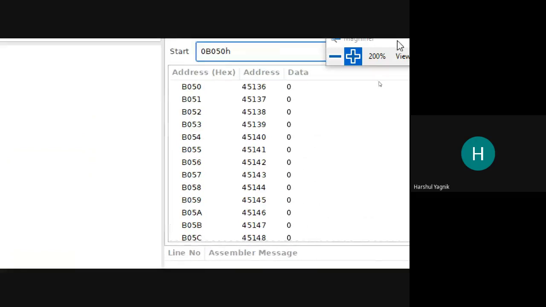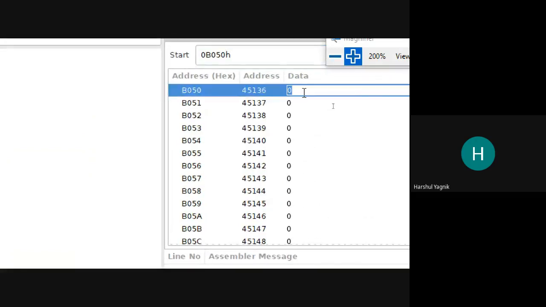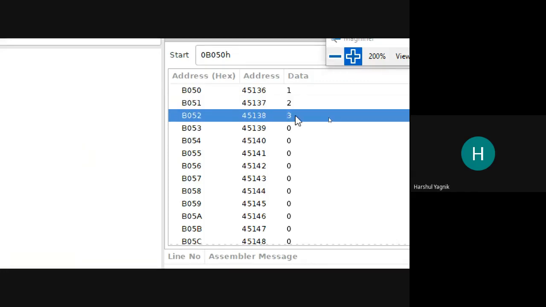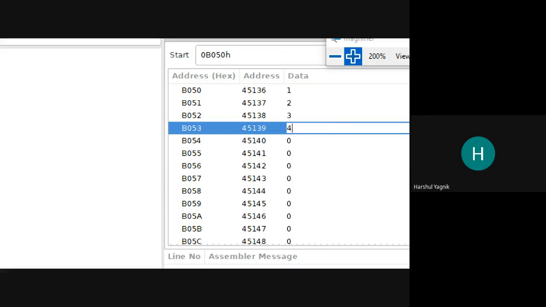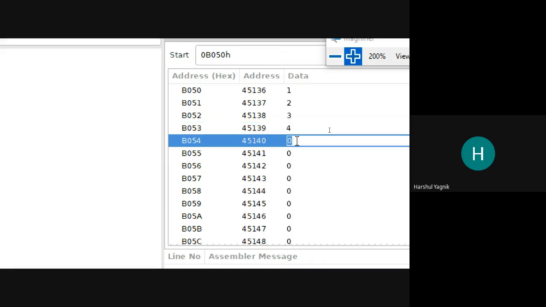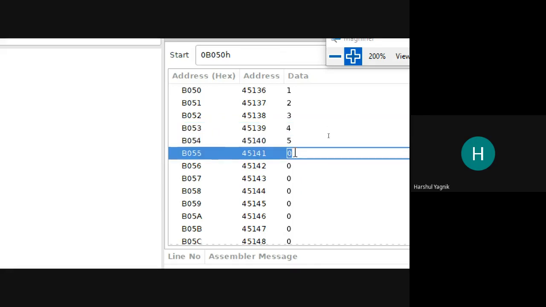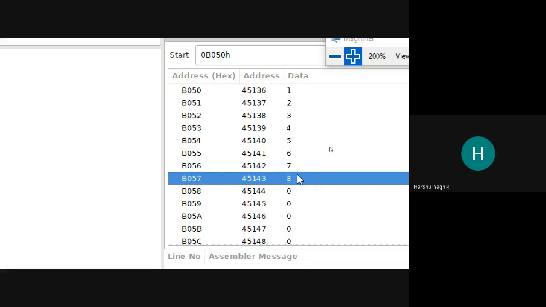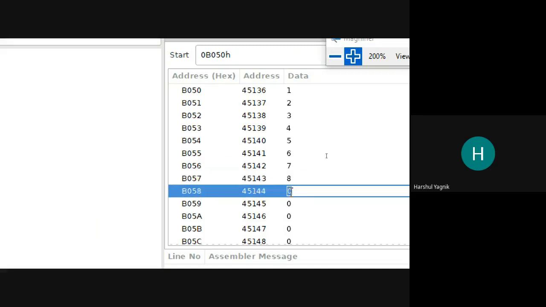Now for simplicity, I'm putting the data so that we get an understanding of how each byte is transferred. That is why I'm feeding the data in sequential manner.